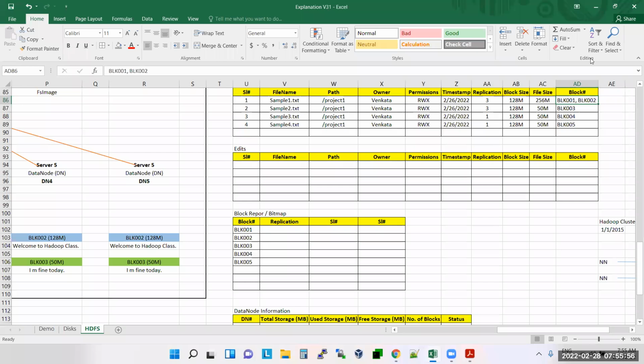For block 3, block 3 is 1, sir. Block 4 and 5 is 1, sir. Block 4 is 1. Block 5 also 1. This is the replication. Okay. So now here,